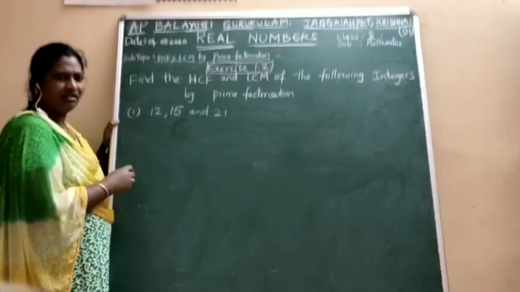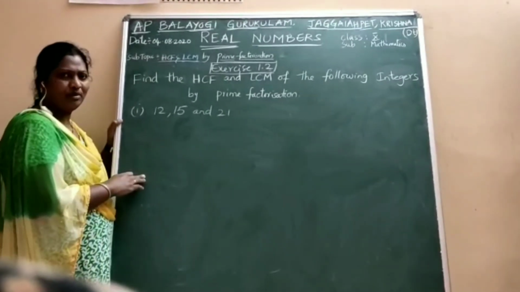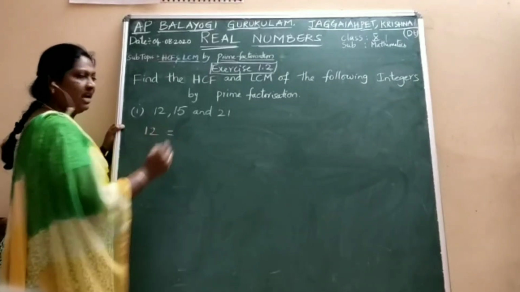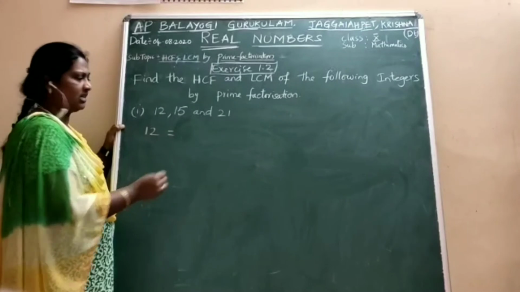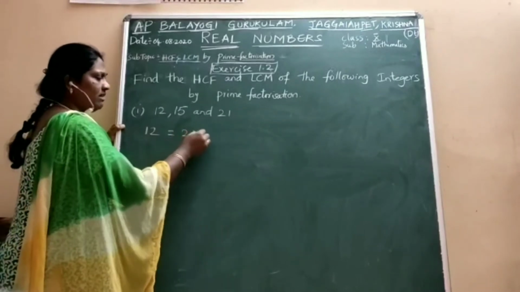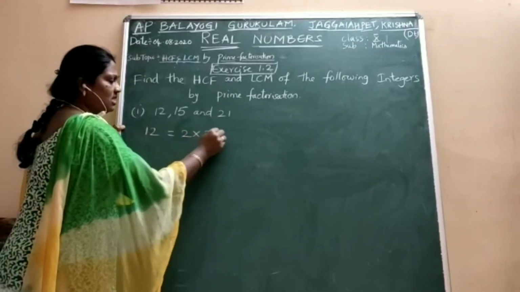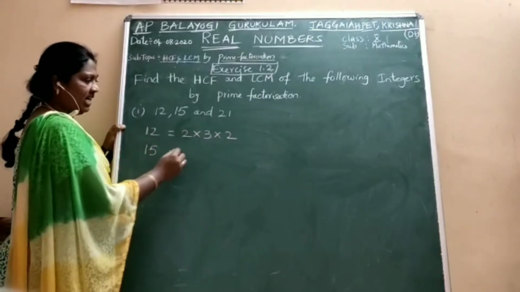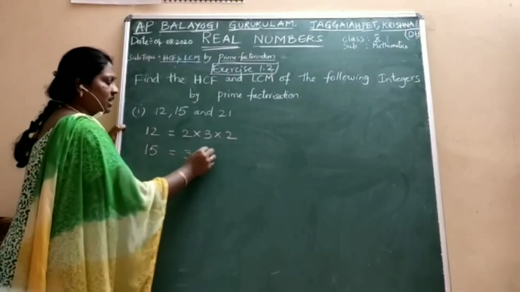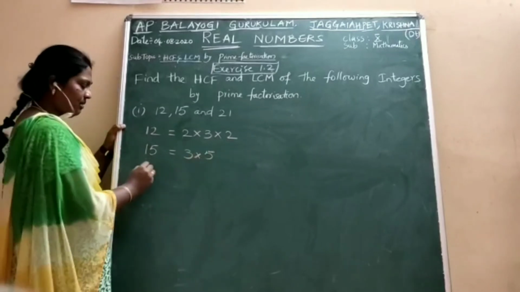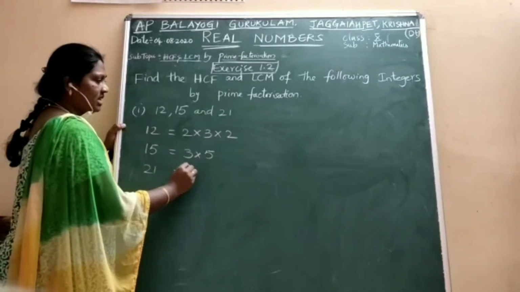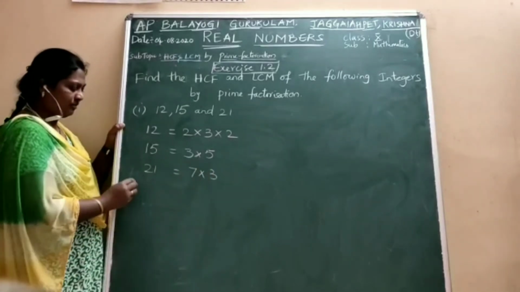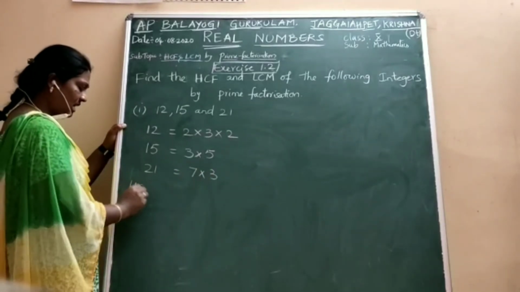Earlier we have already seen so many problems, no? Let us take this one. That is 12. Again we have to write 12 as prime factors. That is 2 sixes are 12, 2 threes are 6. 15: how can we write? 3 fives are 15. Again 20: this is 5 into 4. So first of all we have to find out the HCF.